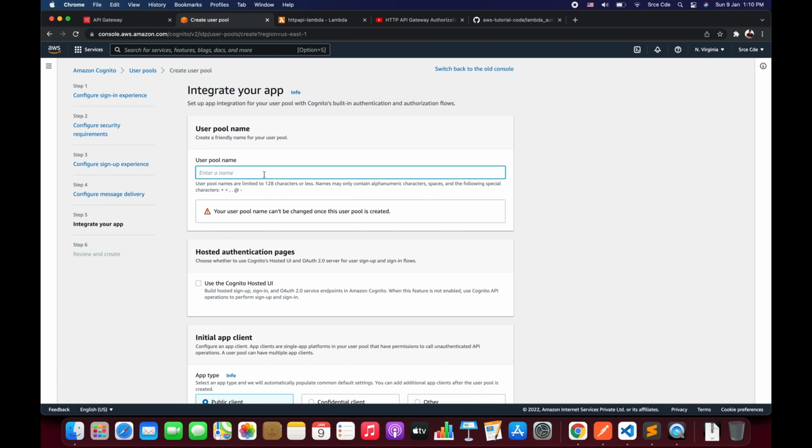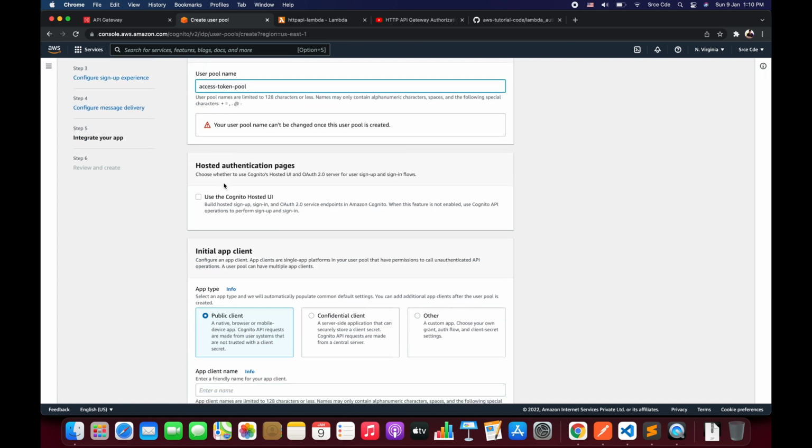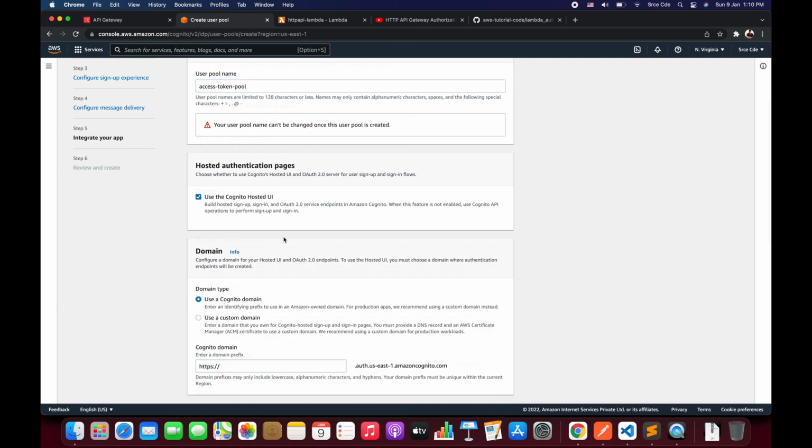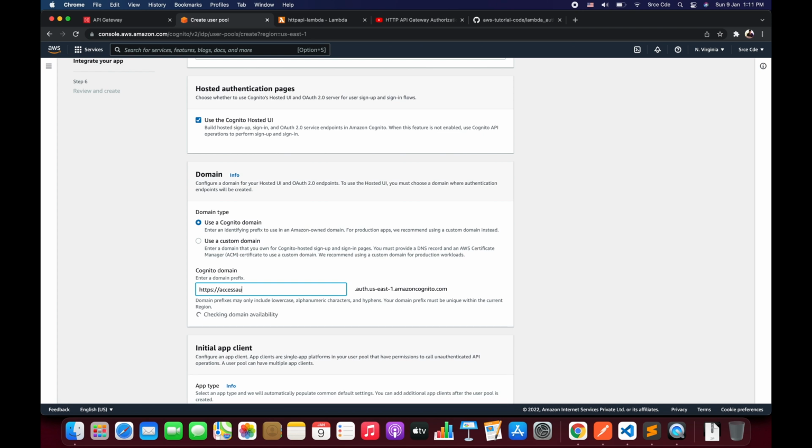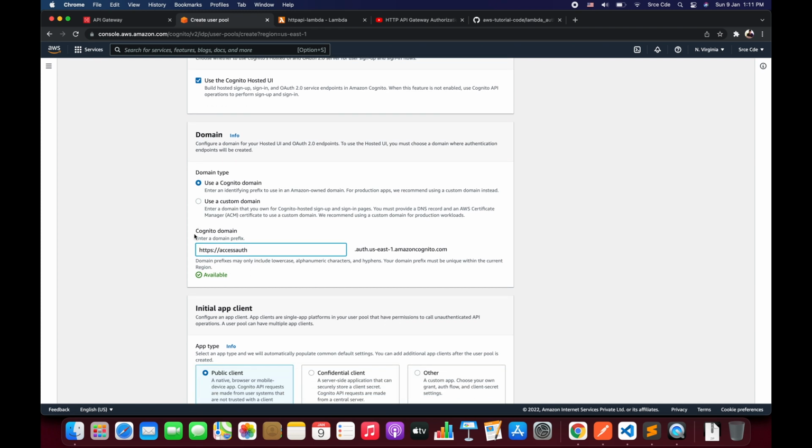Now here you need to provide the user pool name. I would say access token pool, something like this. And then within hosted authentication pages, we will say that we want to use the Cognito hosted UI. And within domain, we are going to use a Cognito domain, but you can also use a custom domain if you want. Now here you need to enter the domain name. So I would simply say access auth, and it is available. Okay, so your domain would look something like